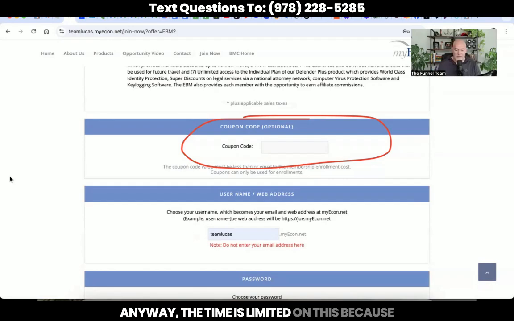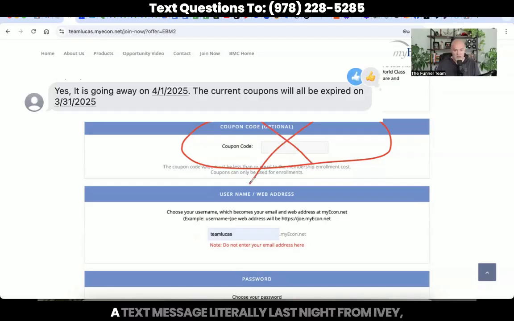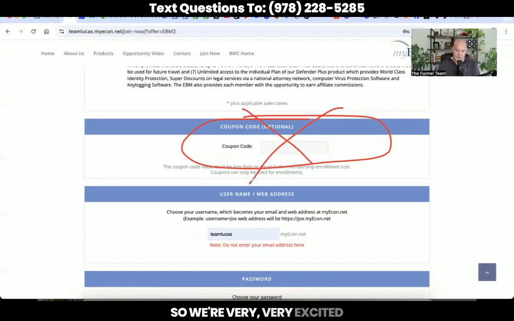Anyway, the time is limited on this because it is going to be going away, and we're very much excited to have this go away. As a matter of fact, I just got a text message last night from Ivy, one of the co-founders of myEcon, and he said, yes, this is going away on April 1st. So we're very, very excited to see that go away. It's going to help clean up the shopping cart and make the transactions much smoother, because you need to realize, for myself being in the online digital marketing space for the last 7 years,